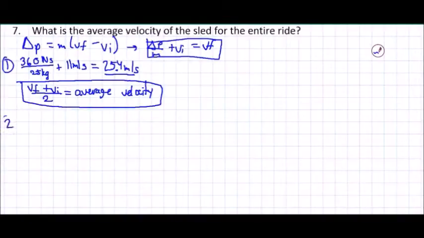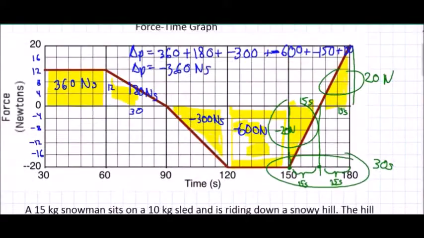Our second segment will be, again, going back to this formula. Final velocity for this time segment is 25.4 meters per second. This becomes the initial velocity for 60 to 90 seconds. So the initial